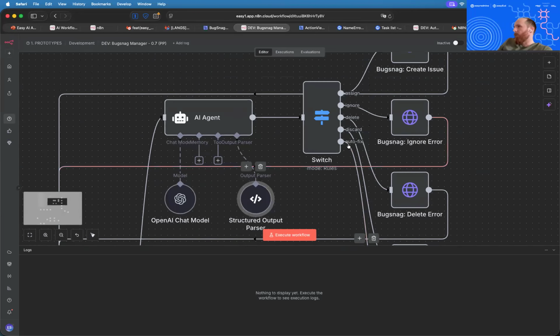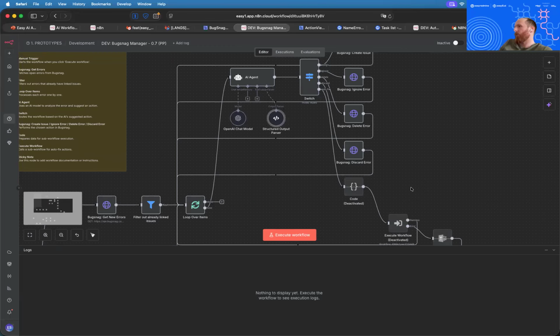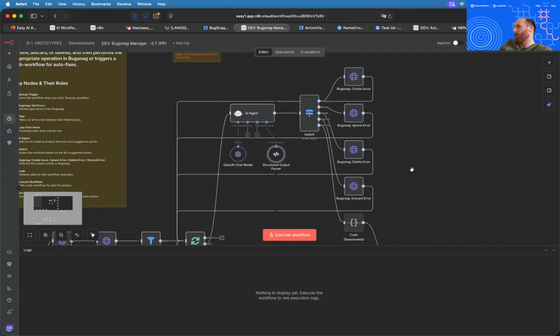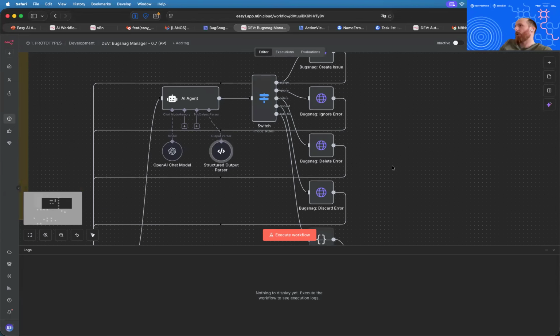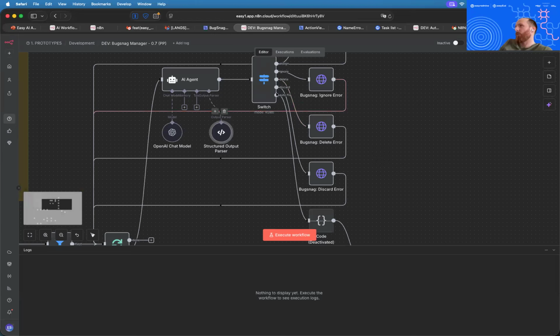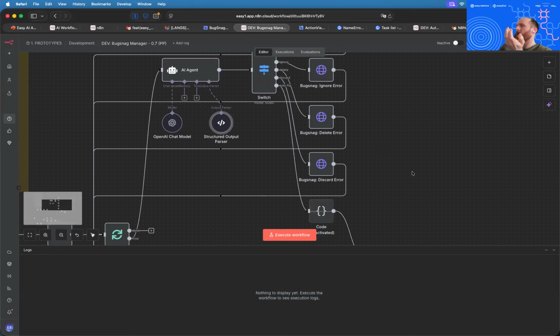Then there is the 5th branch, which is called autofix. This branch is actually turned off, because this was our agent number 3. We will take a look at it later. Basically, our idea was to let the LLM fix the bug on its own if it's a bug fixable by LLM, because our application has a kind of strange structure,